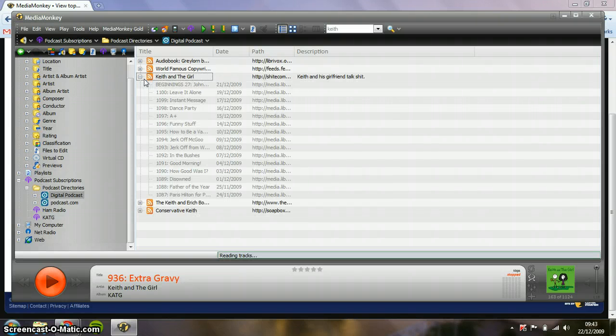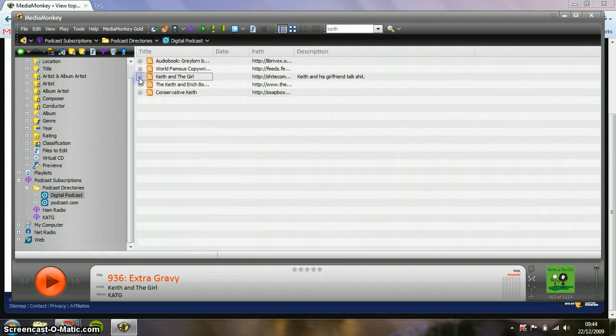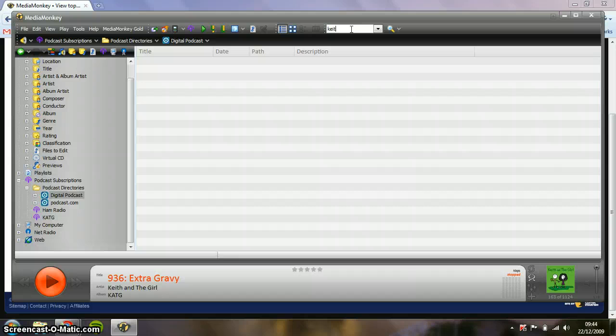You can also just click plus and it'll load all of the episodes, and you can have a listen to these. You can just stream these, so you don't need to download them, so you can try out new podcasts through this feed as well. So that's the most similar thing it has to the iTunes Store single click. If you look in these two directories and you can't find the favourite podcasts you were looking for before, the best thing to do, and the thing I do when I'm looking for